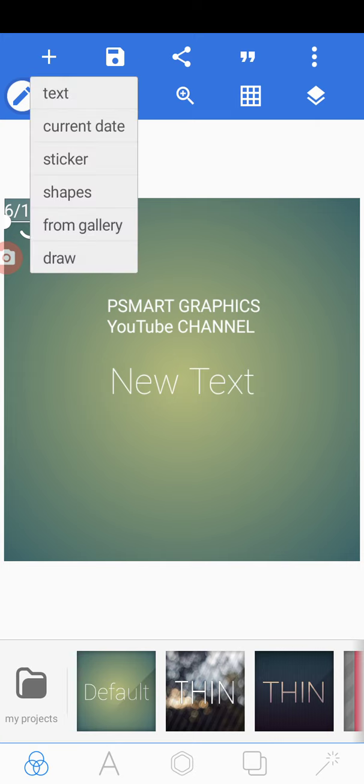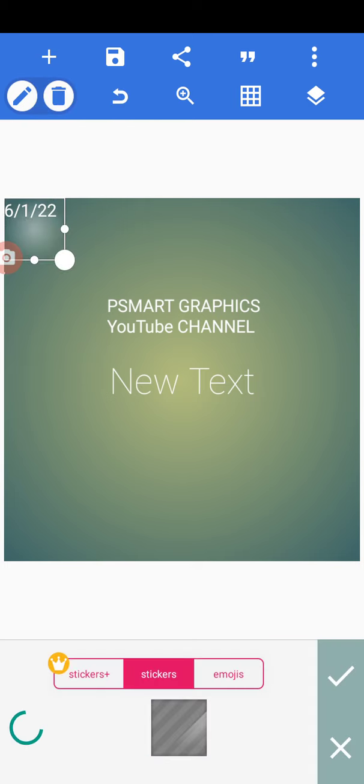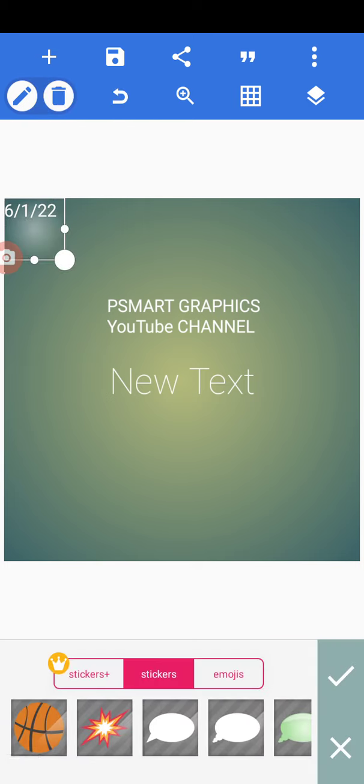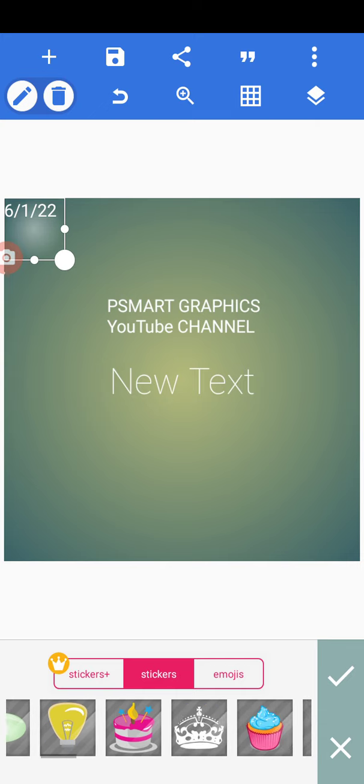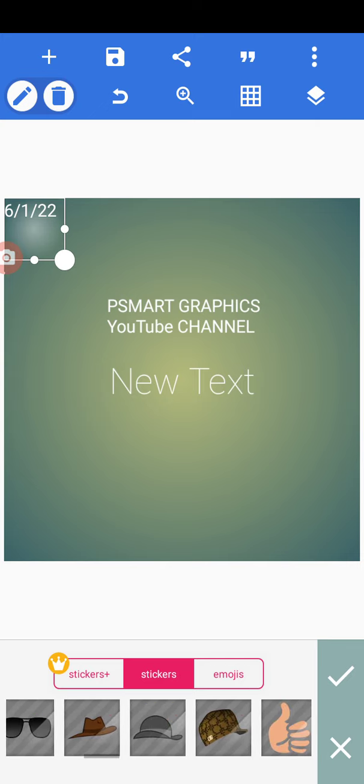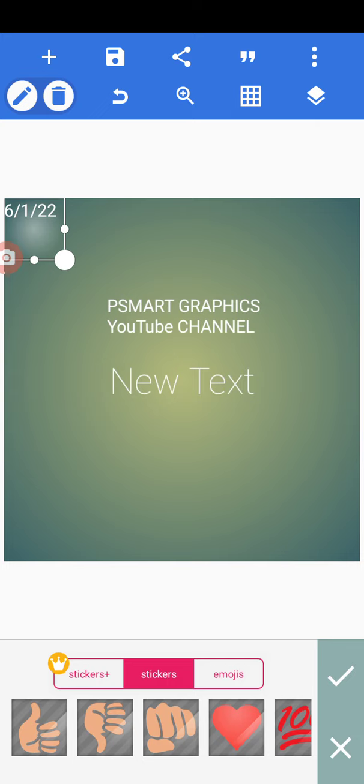So the next one is stickers. So once you select sticker, this will show up at the bottom. So you have sticker plus, sticker, then emoji. So it depends, you can draw. It depends on what you want. So all you need to do is to just tap on what you want, then you can easily elongate it